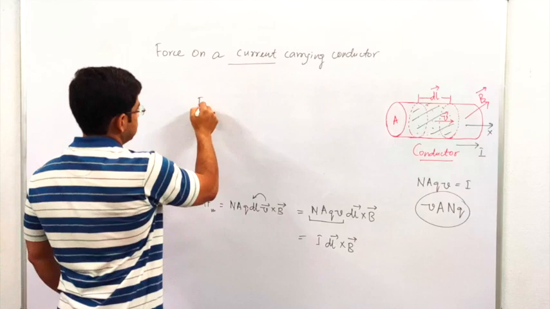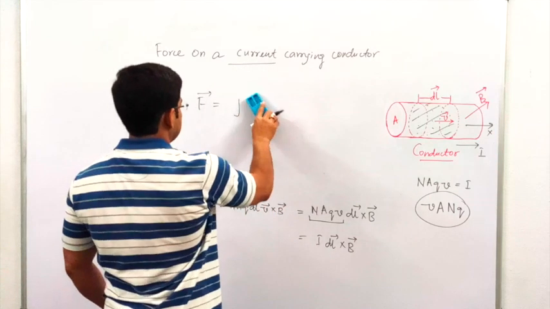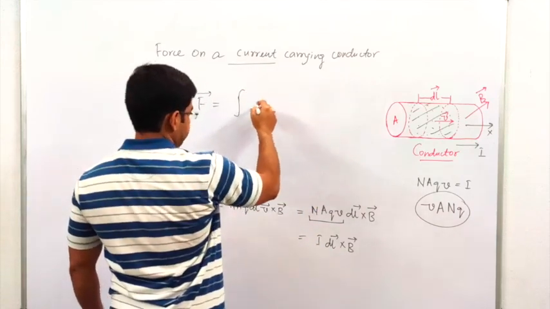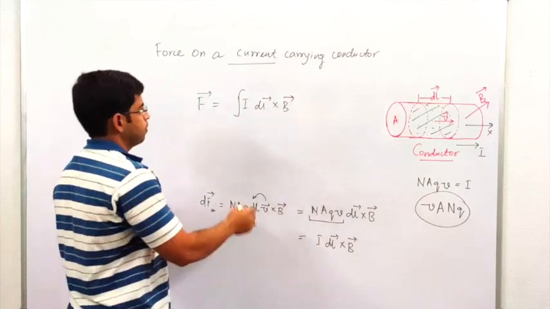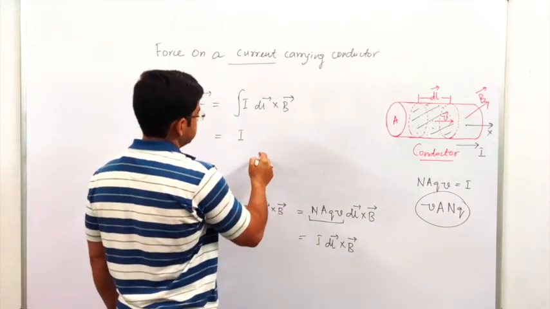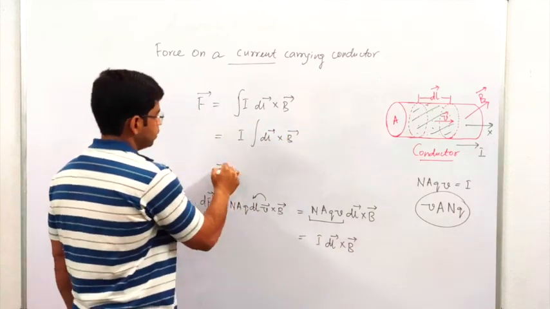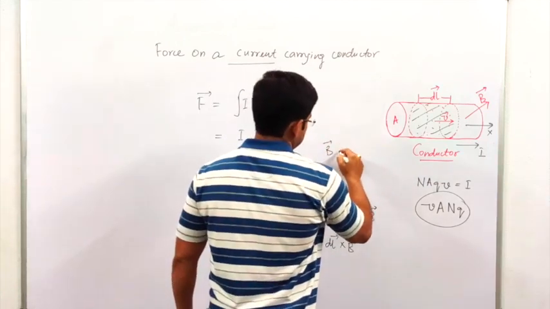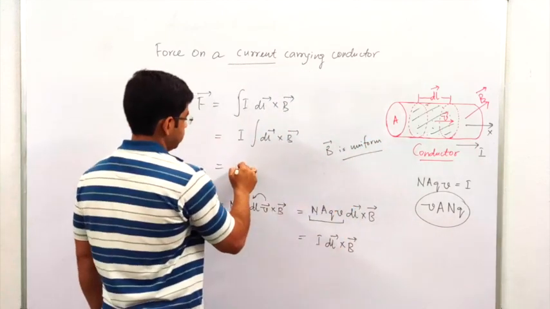So the total force is the integral of I dl cross B. This one can also be written as, if the current is constant, then I times the integral of dl cross B. Again, if the magnetic field in the region is uniform or constant, that means B is uniform, then this can be written as